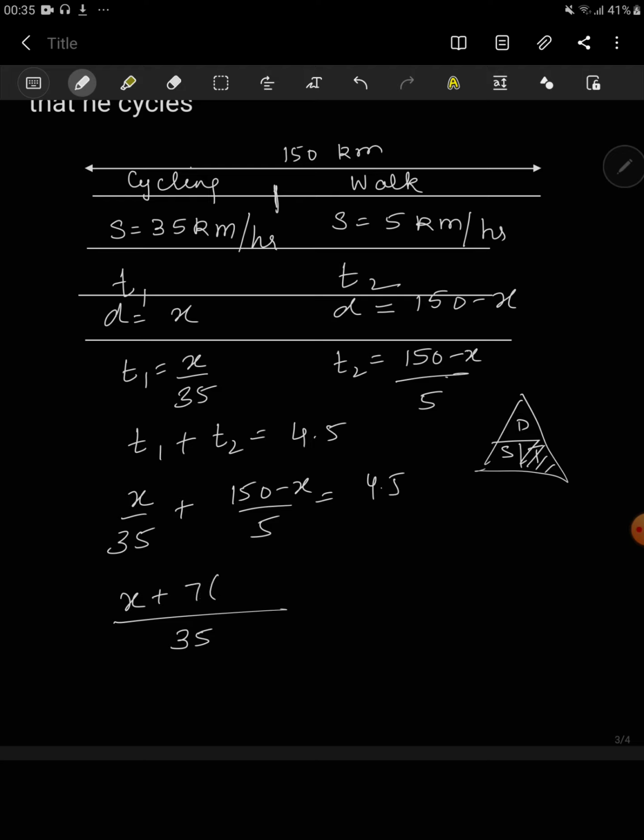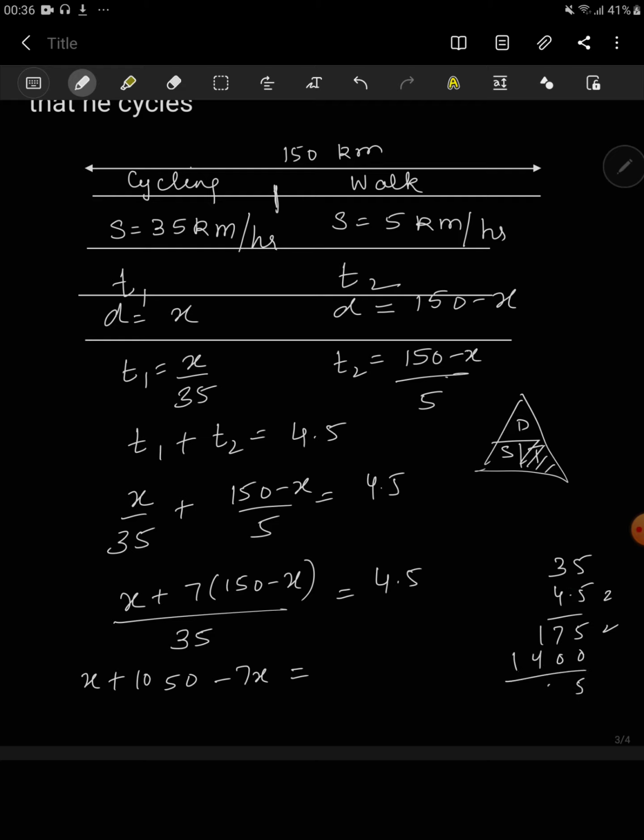This becomes 7 into 150 minus x is equal to 4.5. Solving this, it becomes 1050 minus 7x is equal to 35 into 4.5, which will give you 157.5. So you take the number to the right and it becomes minus 6x is equal to